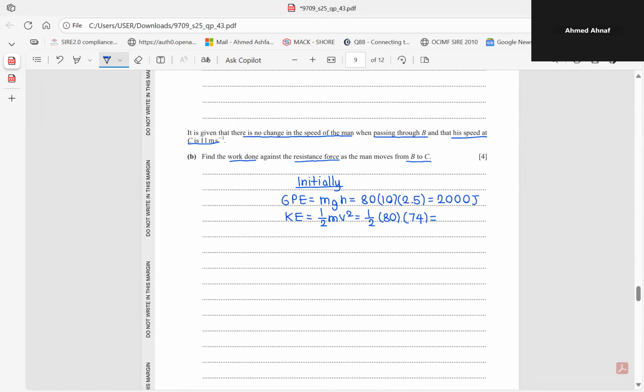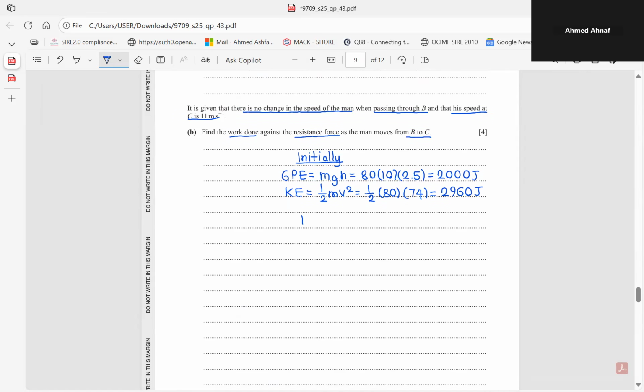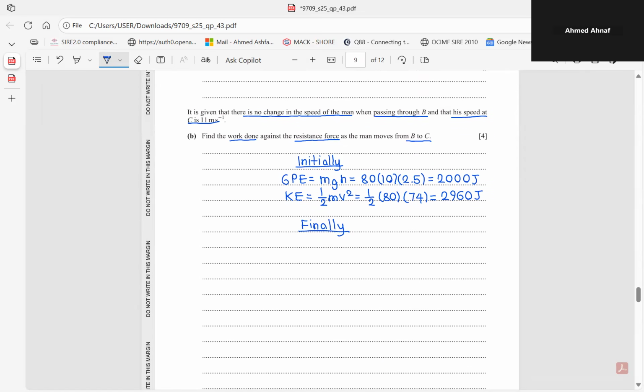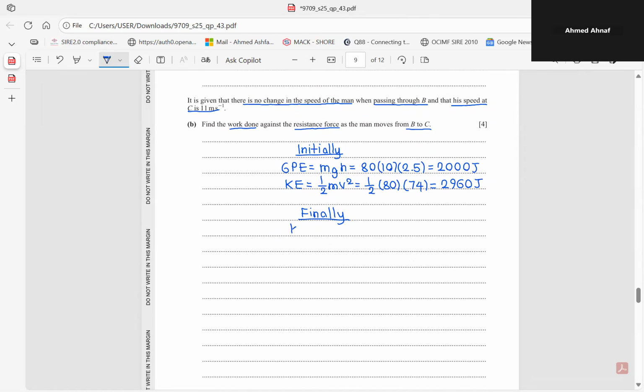And that is equals to 2960 joules. Okay, now we're gonna find the final energy at C. So at C, since the height is 0, there won't be any GP. So there's only going to be KE. So the KE is half mv squared, which is half times 80 times 11 squared. So 40 times 11 squared, you'll get